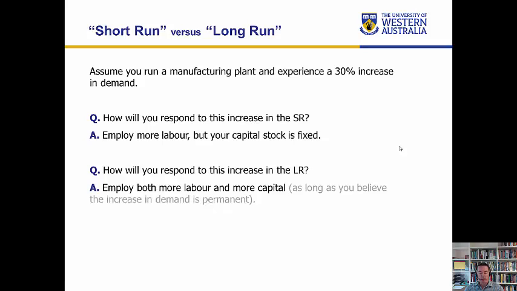So if we're dealing with the long run, it would make more sense to respond to this increase in demand by increasing both capital and labour. If we can increase both, then we aren't restricted in terms of the amount of capital we have. We can freely increase capital to the optimal level and probably take advantage of some economies of scale. Okay, so hopefully that explains why